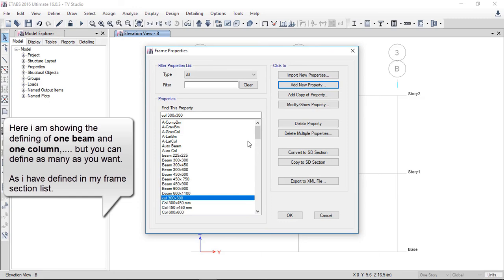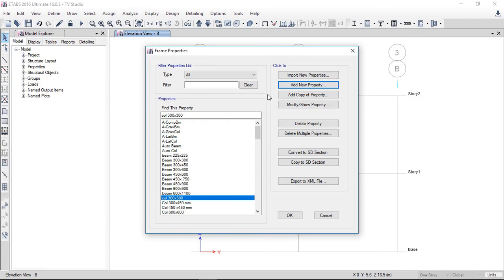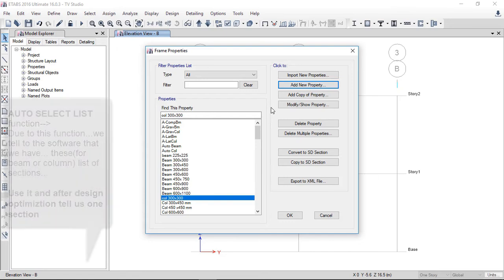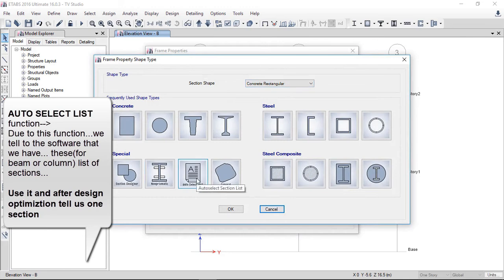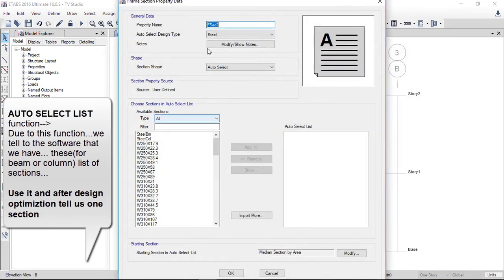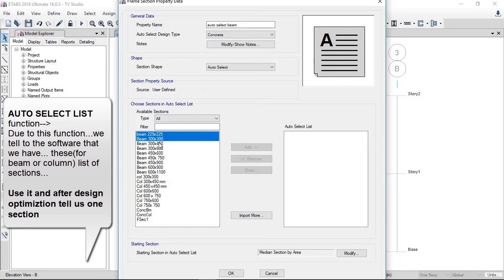Here I will also define for all the beams auto beam selection, and for columns auto column selection. Software selects from all the lists, like I will show the auto select list, auto select beam. In the auto select beam concrete, I will select all the beams under the heading of auto select beam